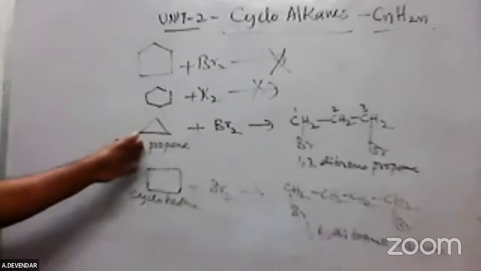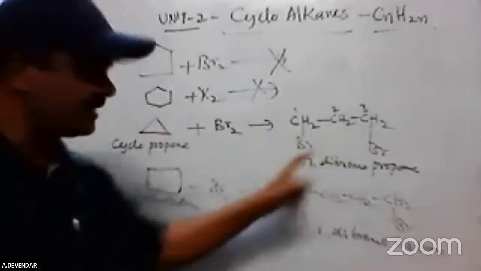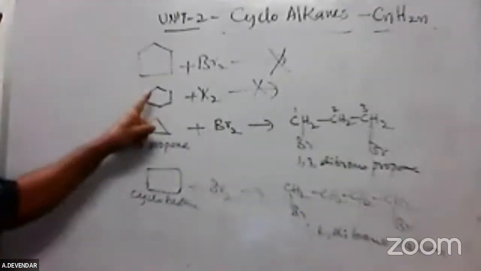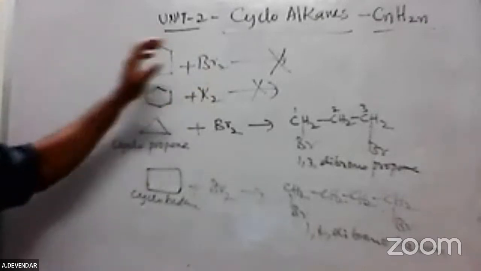Only cyclopropane, its ring form is opening. And cyclobutane, its ring form is opening. But the cyclopentane and cyclohexane do not react with any halogens, and the ring form does not open. Please keep in mind. Okay, this is particularly halogenation. Next, if you take hydrogenation, that is with hydrogen,